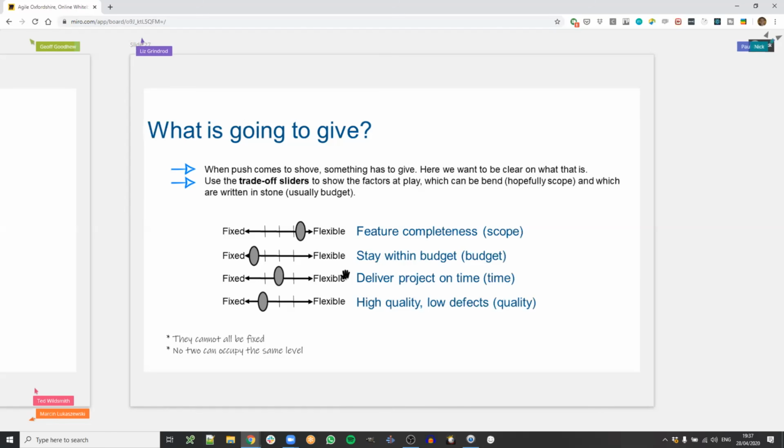Would they rather ship on time, and keep the time that they set earlier, and de-scope stuff just to be on time? Or would they rather say, well, I wanted that time, but it's not that big a deal, I'd rather be late and have more scope? For example. So you can play this game of if push comes to shove, what's going to give? I think it's a very interesting discussion to have. Which things can be bent when you don't want to bend them, but if you have to, what would it be?